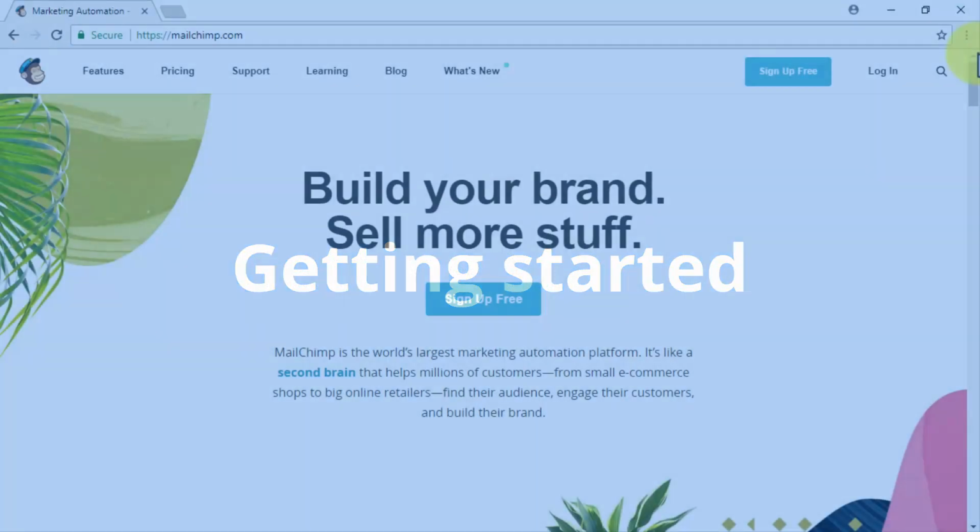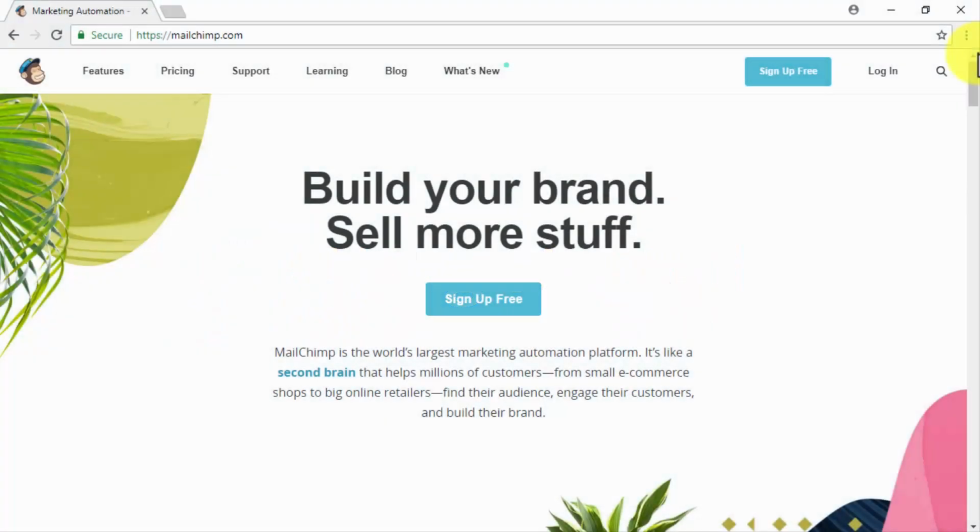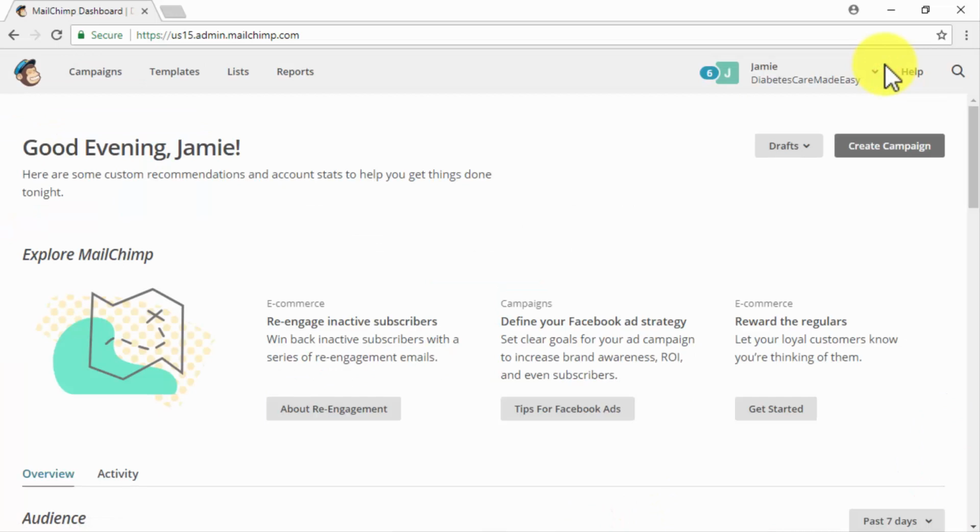Getting started. To get started creating your marketing emails, we recommend you to just sign in to your email marketing tool of choice and then to go from there. In our case, we're going to use MailChimp, so we simply start on our MailChimp dashboard. Now, something else that we recommend you to do is to create templates for your marketing emails. This strategy will help you to save time every time that you decide to test or launch a new email